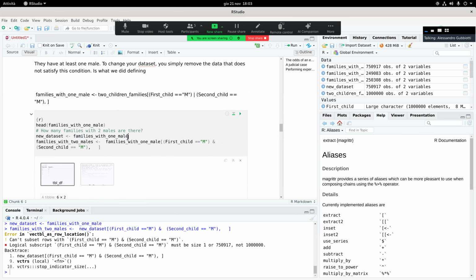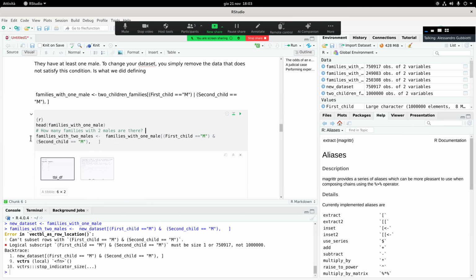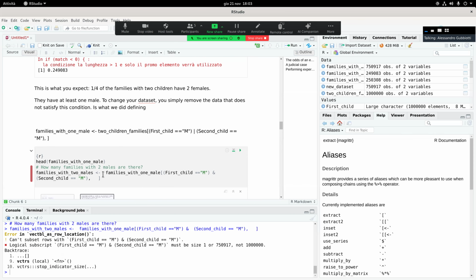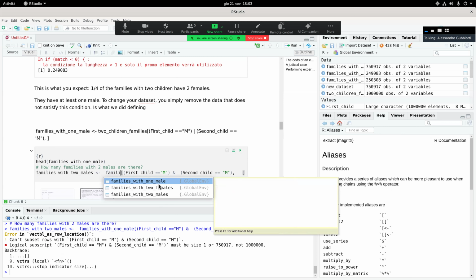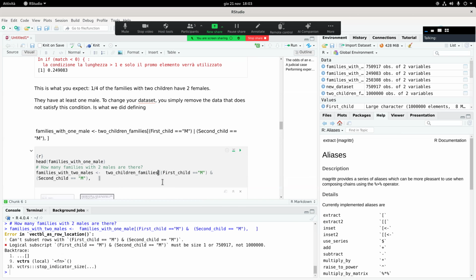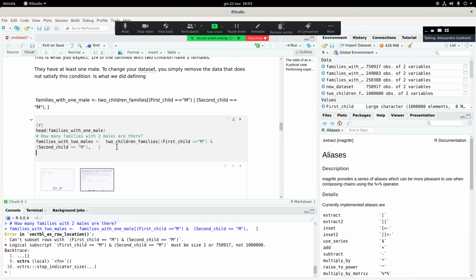So from this data set... no, it's not exactly the same, because first it should give me the same error now, of course. But before there were families, two children families. And so, coming back